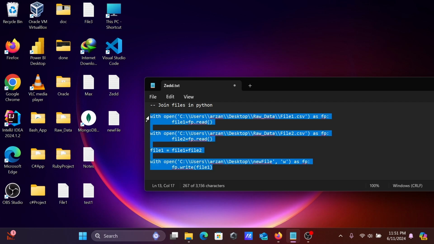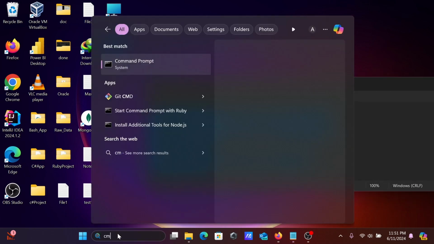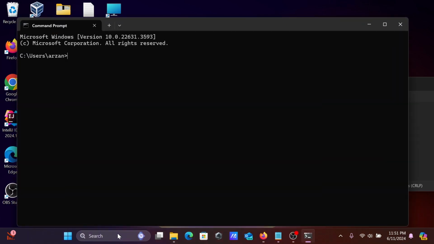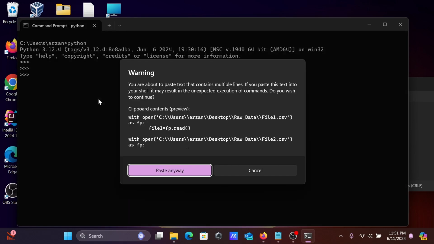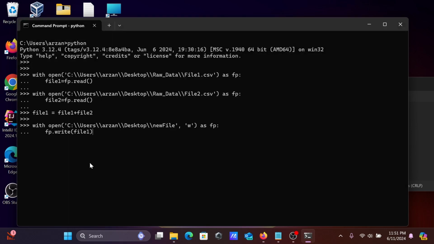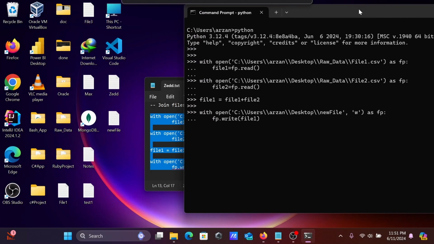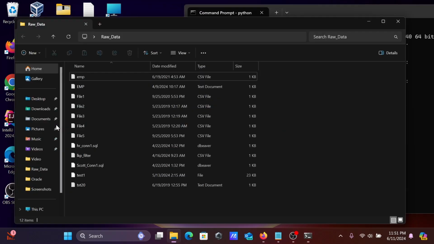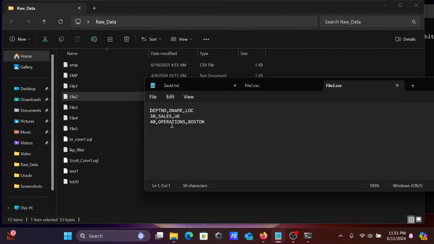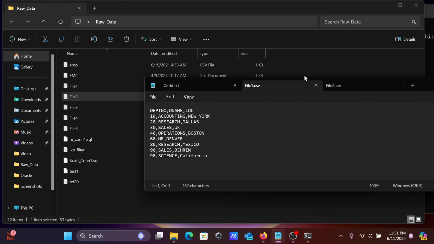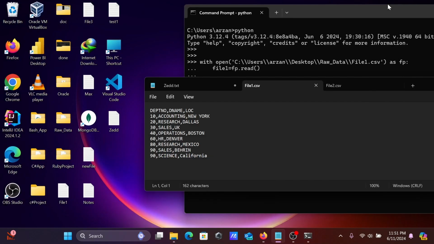You need to copy this code and open the command prompt. Let's use cls, then python. So Python 3.12, paste this code. So this code is there. Now you can see the raw files here. This is file1, which contains 10 20 30 60 80 90 90, and this is the file2 content, 30 and 40. So when I press enter,